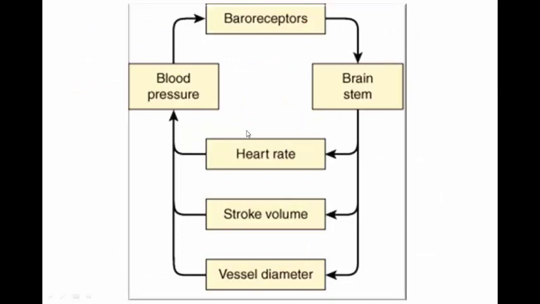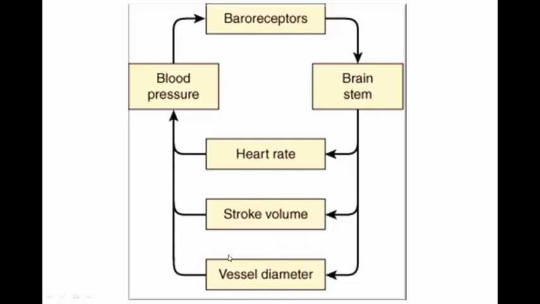Here we have a diagram which summarizes the arterial baroreceptor reflex. The reflex begins with the baroreceptors detecting changes in the arterial blood pressure and sending information to the cardiovascular centers in the brainstem, in the medulla oblongata. The centers in the medulla oblongata then respond to the changes in the blood pressure by changing the cardiac function, by changing the heart rate and stroke volume, in other words, by changing the cardiac output, and by changing the vessel diameter,